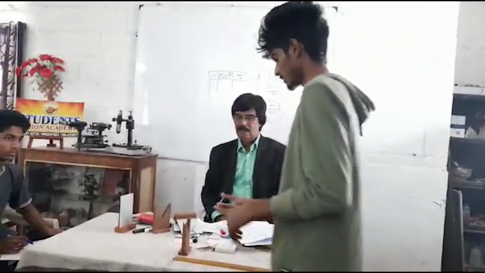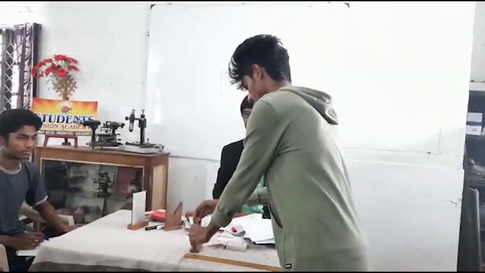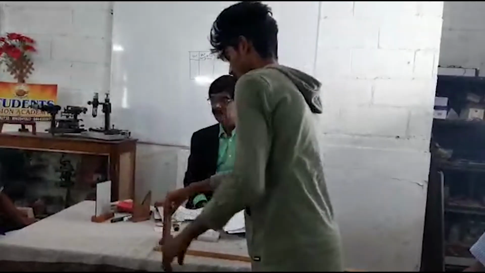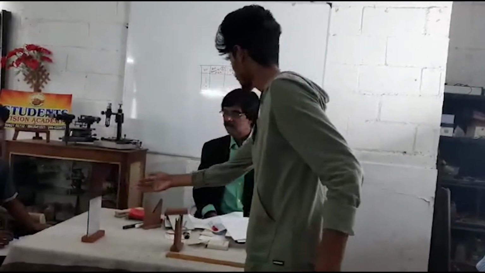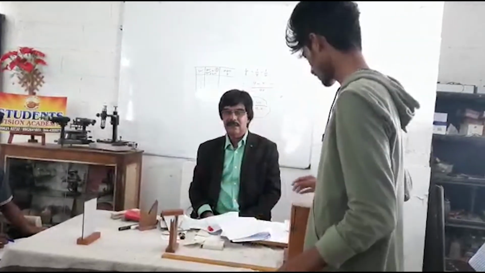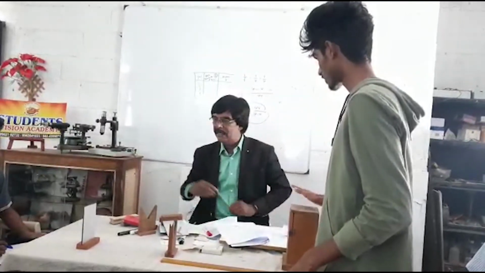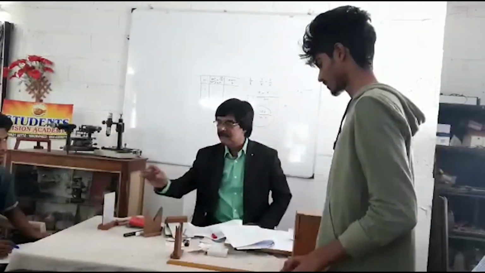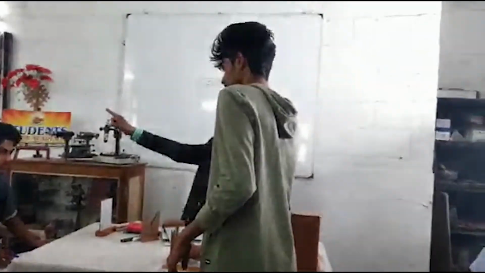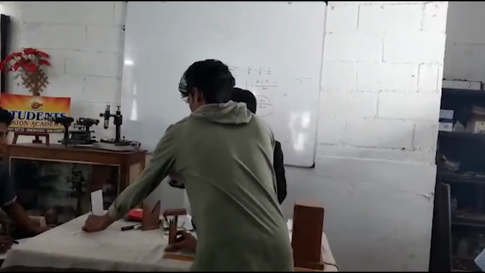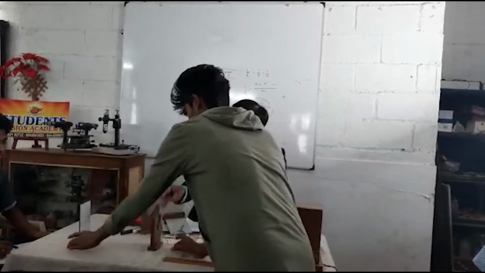So we are going to place the lens. What is this? Lens stand. You are going to keep that in the lens stand. Then what are you going to do? So we look at a plain white screen, background. And the object? No, this object you don't need. I told you about the distant object. You focus this towards the distant object. First experiment, the lens is here. Focus that towards the distant object. You focused. Now keep the screen here. Adjust that screen. Don't adjust the lens. Adjust the screen.